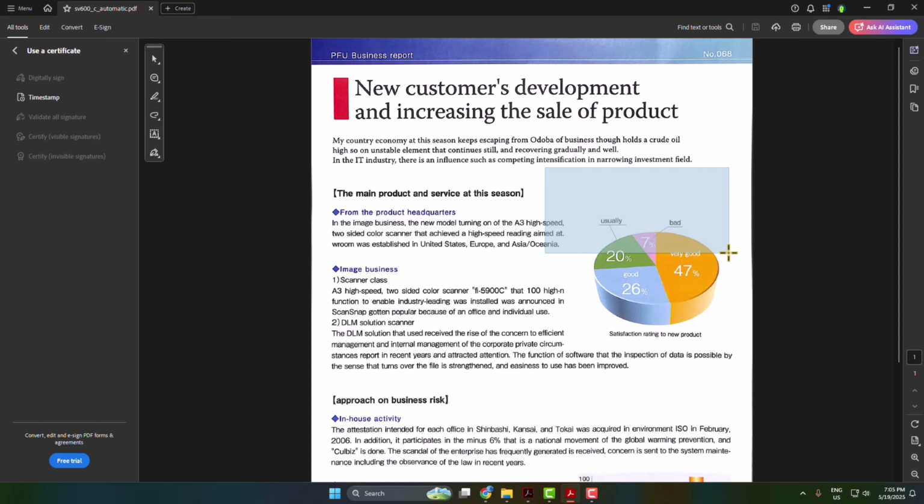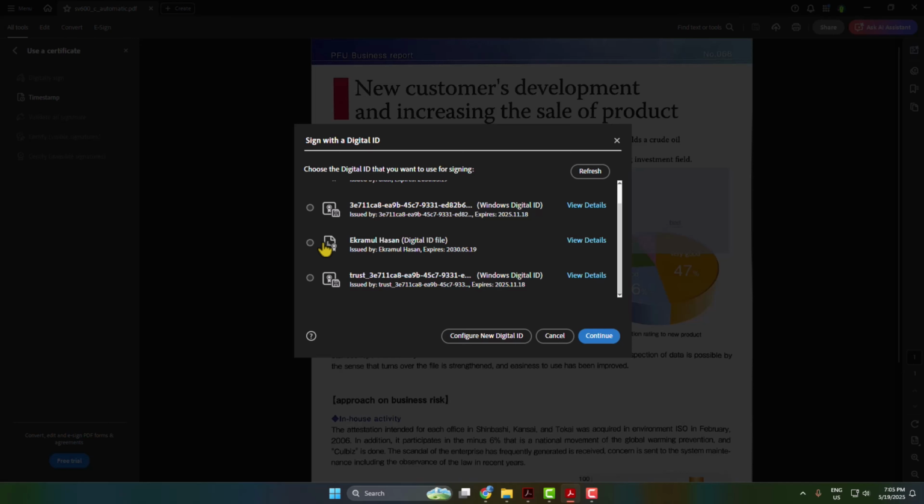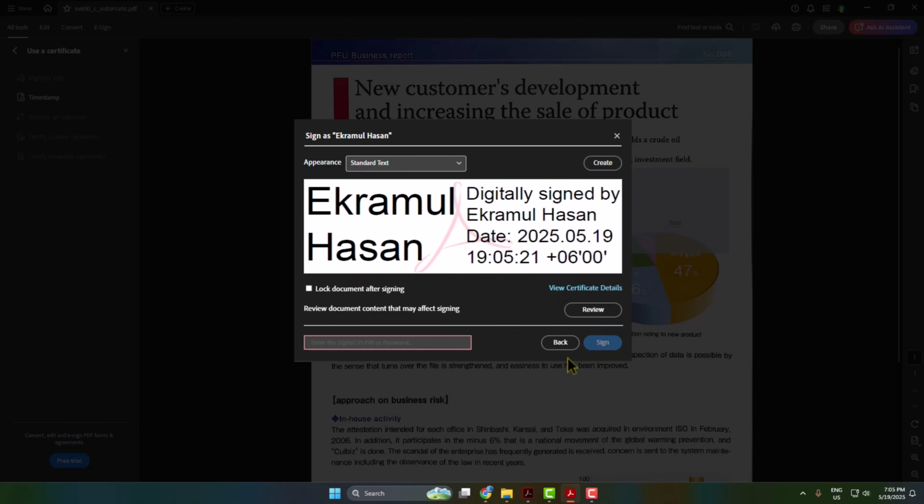You have to select the area first of all, and then under Sign in with digital ID you will find here all of your created digital signatures. Just select the signature which one you want to insert and then click on Continue. And here we can see the signature preview, and here you have to write the digital signature password and then